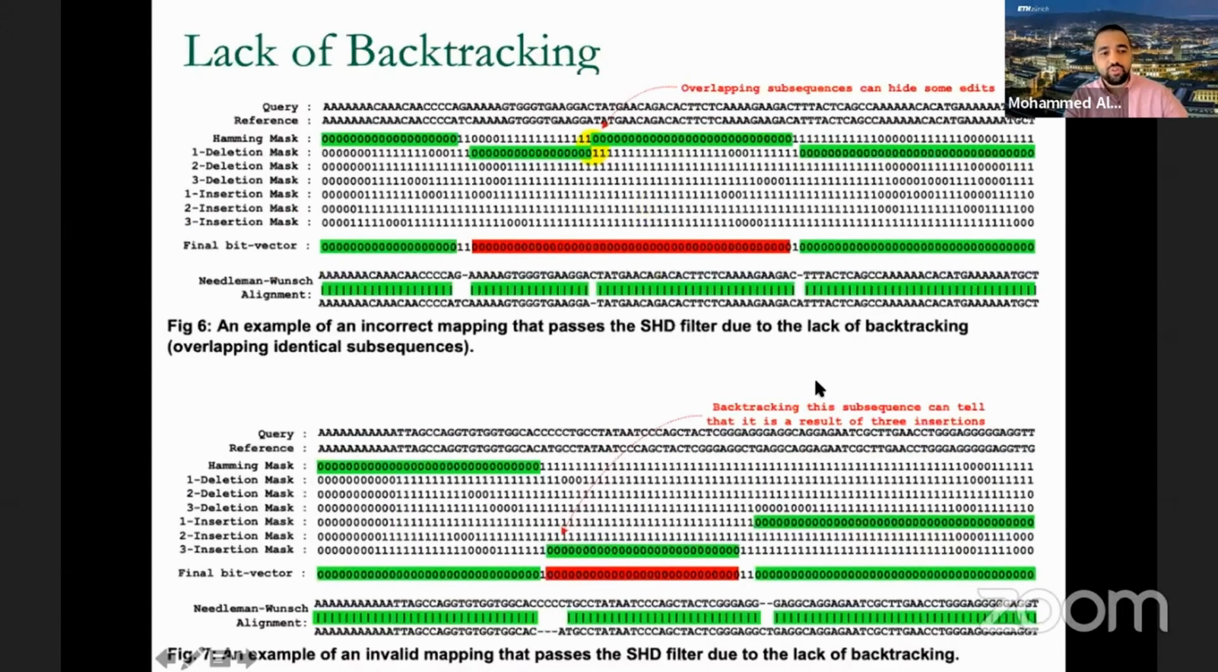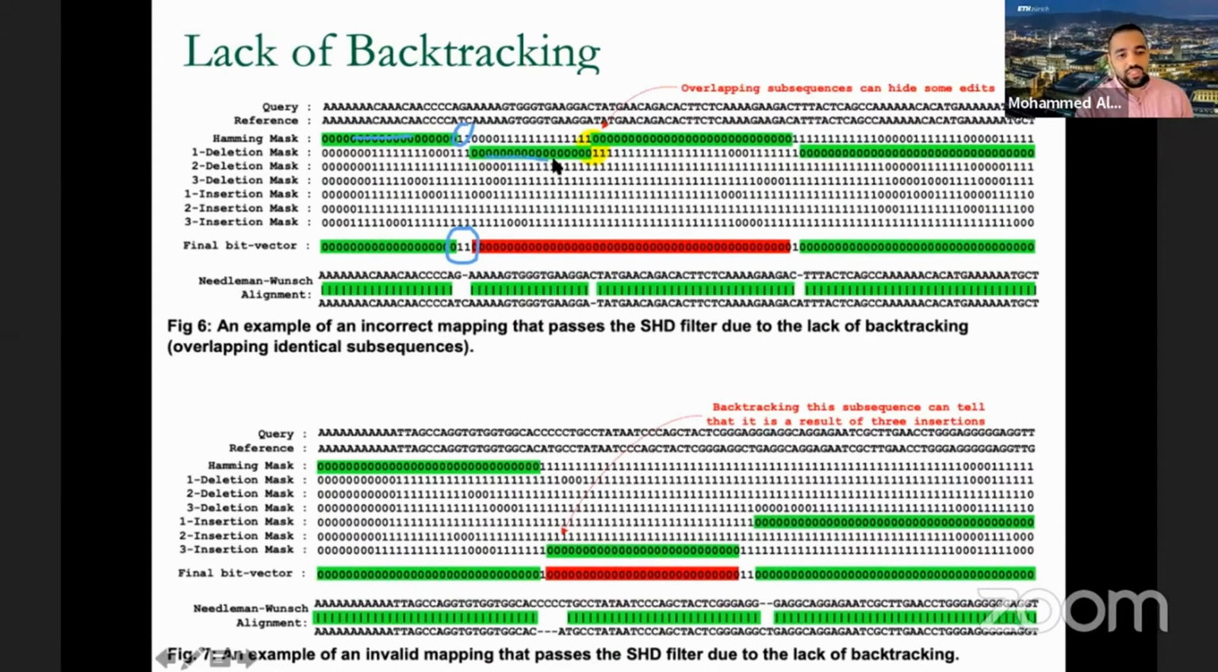All right, and the fourth source is lack of backtracking. So what is backtracking? We said last time, if you observe, the ones in the final bit vector are always an indication of the location of these edit operations. So whenever we got a 1, let me change the color to blue. Whenever we got a 1, for example, here, it means there is something happening at these 2 locations. And it's true. You can see here, there are 2 ones causing the exact matches to move from the Hamming mask